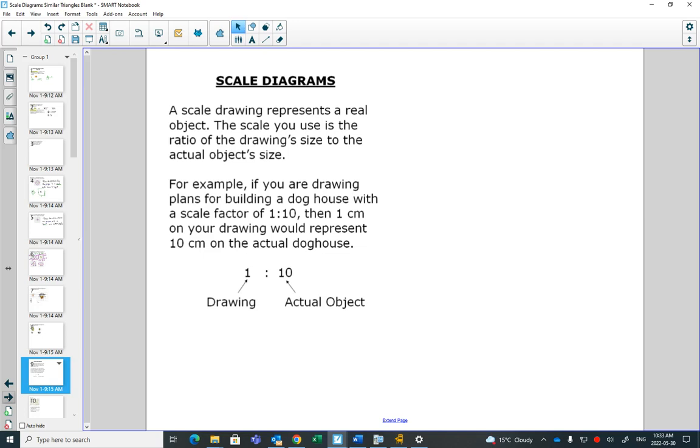So next we'll look at scale diagrams. A scale diagram, you're wanting to represent a real object with a scale, and you want to use a scale because sometimes it doesn't make sense to draw things out actual size. For example, a map. It would be really annoying if someone gave you